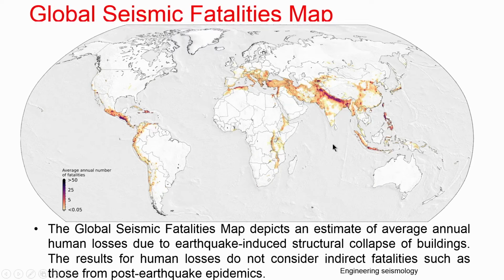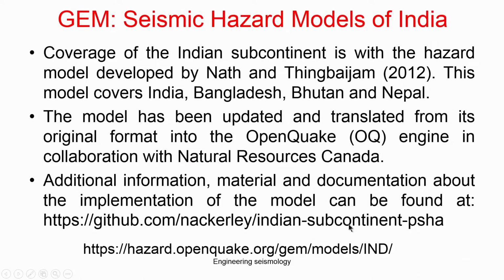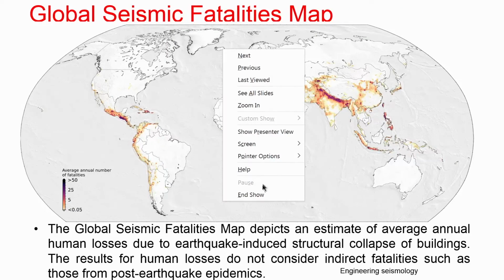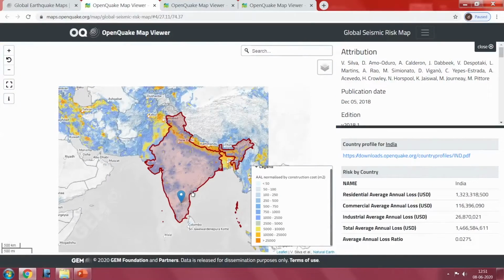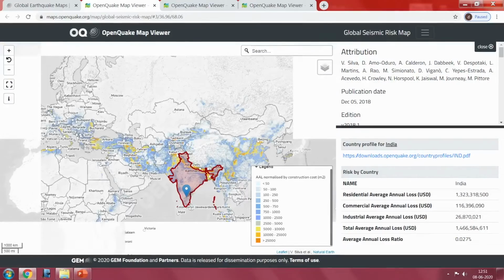So, that exposure and risk may result in a number of fatalities. You can see here the global fatality map. It estimates the average annual human loss due to earthquakes. You can see basically the earthquake human loss. So, in North India you can expect at least so many people to die per year due to earthquakes in the region. This is the detail provided from their risk analysis, where they consider data from the olden